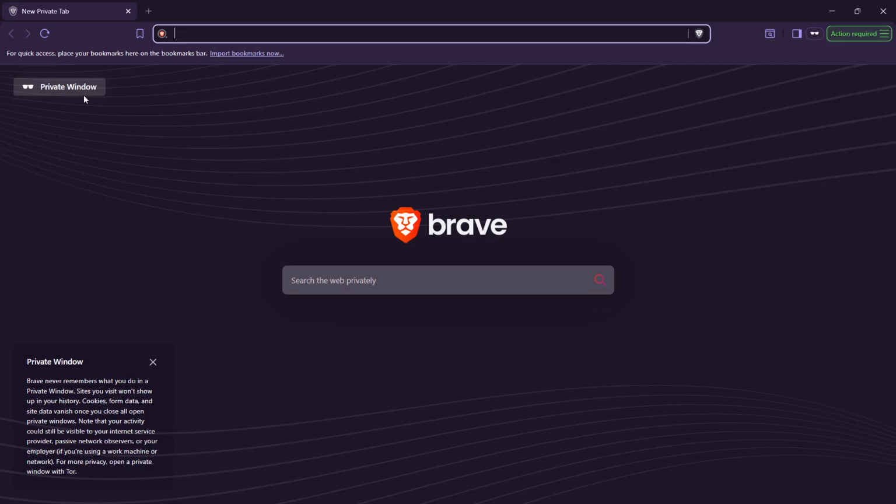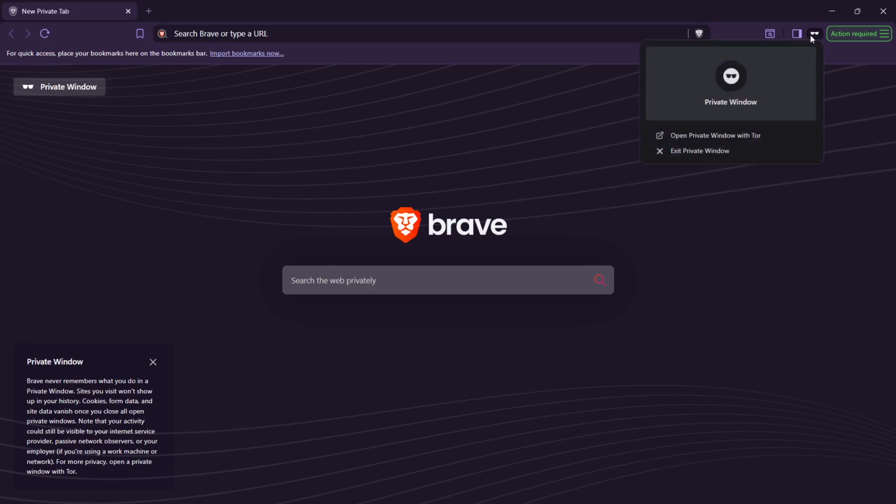Once you are in the new private window, feel free to navigate to any website as you normally would. Remember, this mode is perfect for situations where you want to keep your browsing private, like checking accounts or researching sensitive topics. This little step saves you a lot of time later as it prevents clutter in your browsing history and protects your privacy. In summary, going incognito in Brave browser is simple and effective.